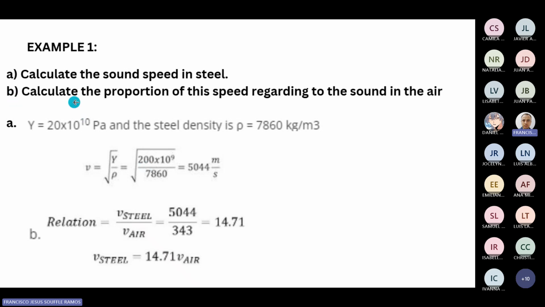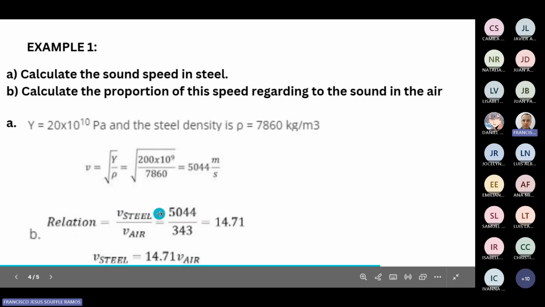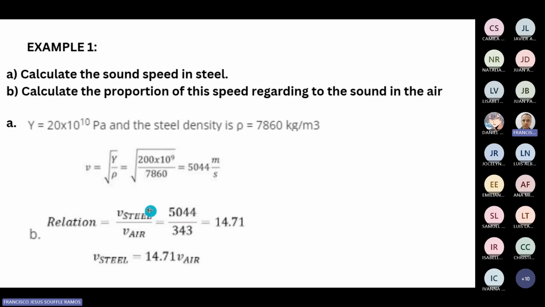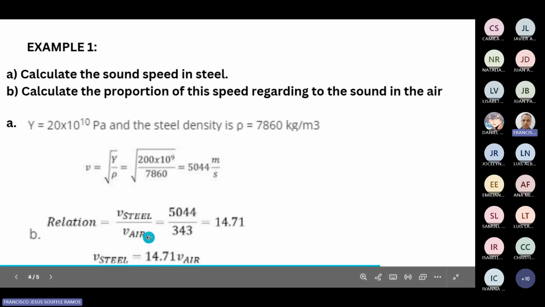Now they are asking for another thing right here. B says calculate the proportion of this speed regarding the sound in air. So they are asking how much faster or how much slower it is going compared to the speed of sound in air. How can you do that? You just need to divide the speed of sound in steel, this one right here, over the speed of sound in air. So we know both now. You do that calculation, and it will give you this,